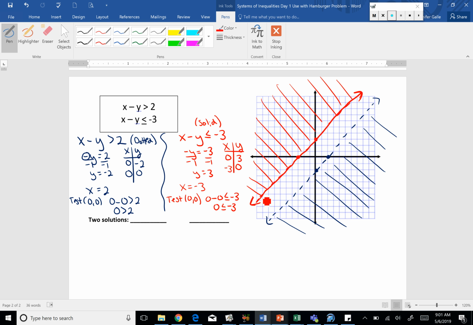Sometimes, just like we saw with our systems of equations, sometimes they didn't work out. Just like when we had our systems of equations with the equal signs, like we had very first today to start, we were looking for an ordered pair to make both of those equations true. We were looking for the two lines to intersect. With inequalities, I'm looking for the two shadings to intersect. So when we had just equal signs, we were trying to figure out where the two lines intersected. Now that we have inequalities, we're trying to figure out where the two shadings intersect. They don't. My shadings don't intersect. So if the shadings don't intersect,